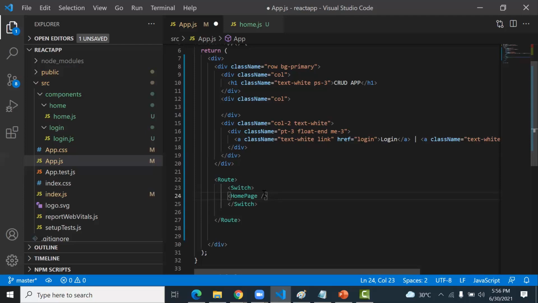Switch and Route, they are used to make routing in React.js. Switch helps you to change the page, and the Route is to make routing for the components. Routing is done in React using React Router DOM. React Router is a library that allows you to handle routes in a web page.